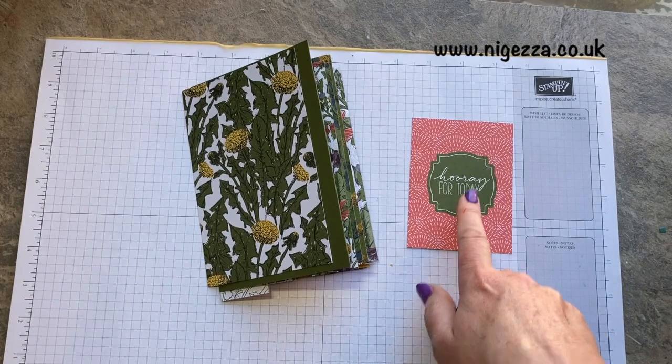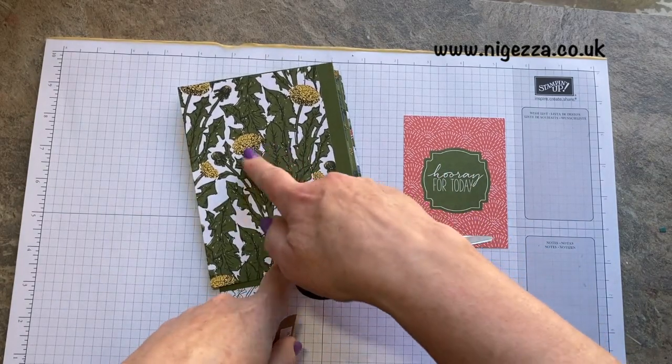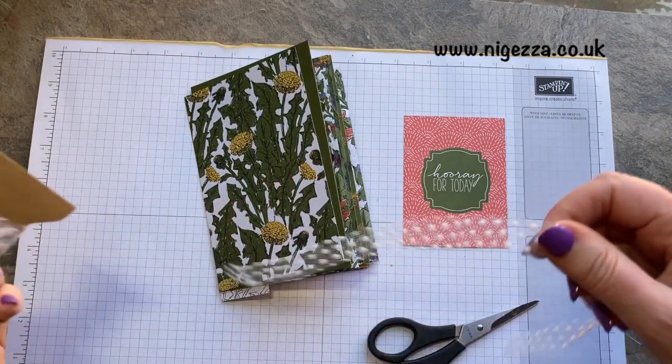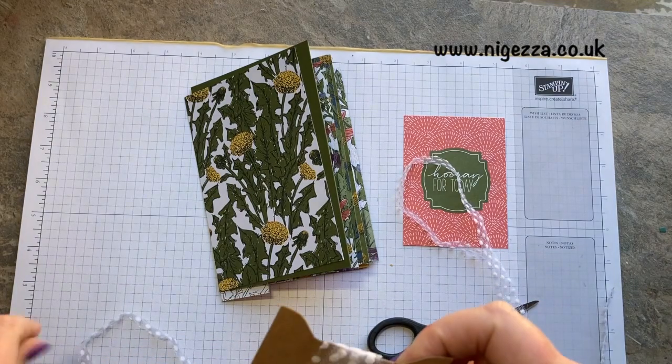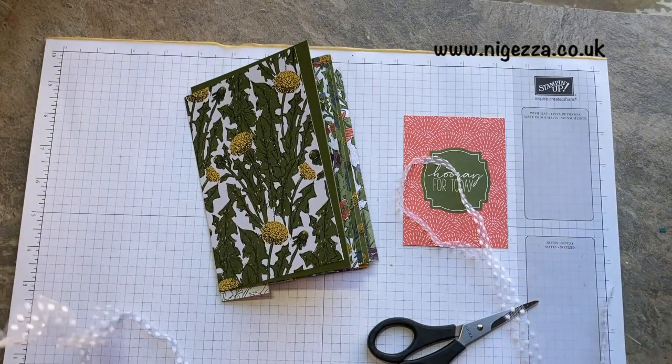So I've picked out this one. I quite like that. I think that could do with being sort of fussy cut out. It could become a nice little book plate. And then we've got this lovely polka dot ribbon, which I'm not actually sure if I've got a bit long enough. Now that I found it, I just had a little sample,